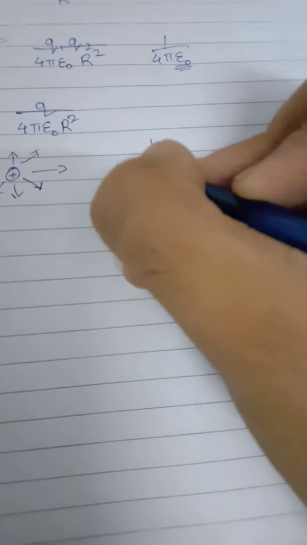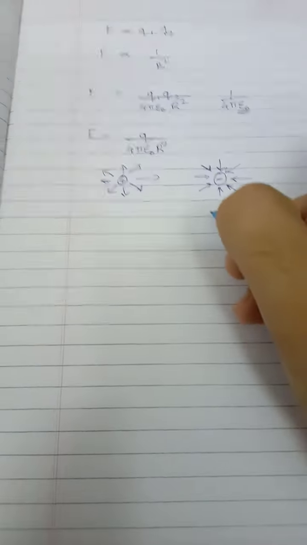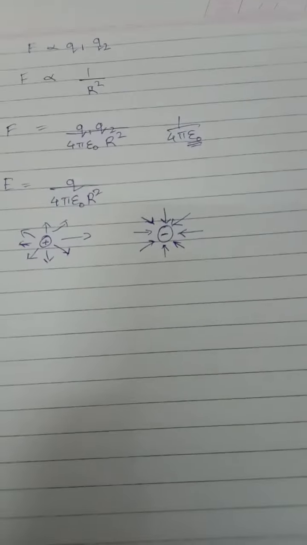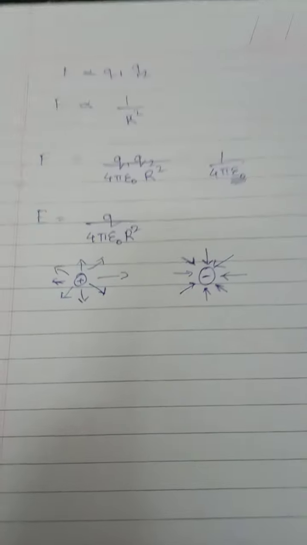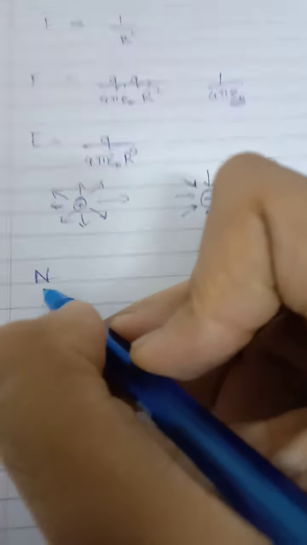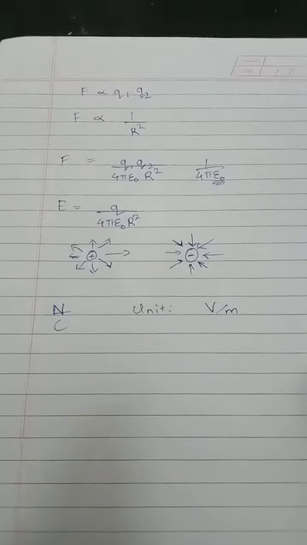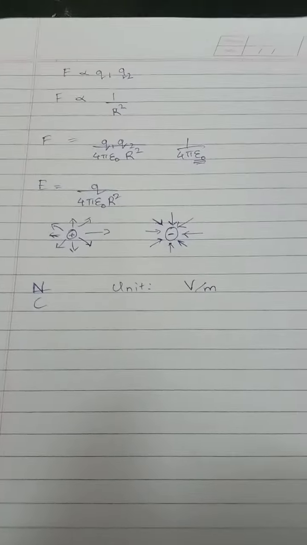This is a rather fundamental and extremely useful result, which we are going to derive a little later when we discuss the first Maxwell's equation. Another thing to tell here is that the dimension of the electric field is force per unit charge, so that is Newton per coulomb, but more conveniently its unit is written as volt per meter. So that's pretty much all we need to know about the electric field. Let's move on to the magnetic field.